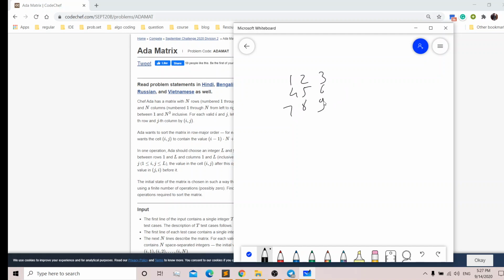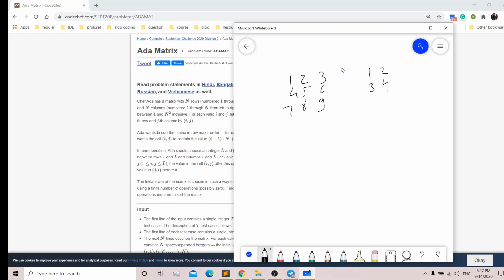If we have a 2 cross 2 matrix, then 1, 2, 3, 4. This is our row major order matrix, basically our desired matrix. We are given any matrix and we want to transform it into the row major order matrix.